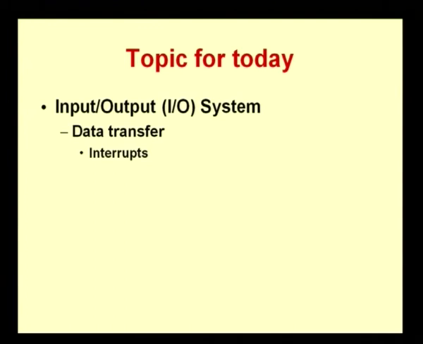With respect to the input output subsystem, we have looked at some basics of how data is transferred on a bus. We looked at synchronous data transfer and asynchronous data transfer, and we also looked at how input output commands are given, how there are input output registers used in the device controllers, and how these are controlled by the processor. We also talked about different addressing schemes, the IO mapped addressing scheme and the memory mapped addressing scheme. So, what we will be looking at in today's topic is how the data transfer actually